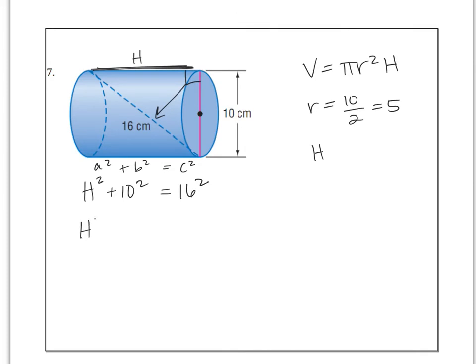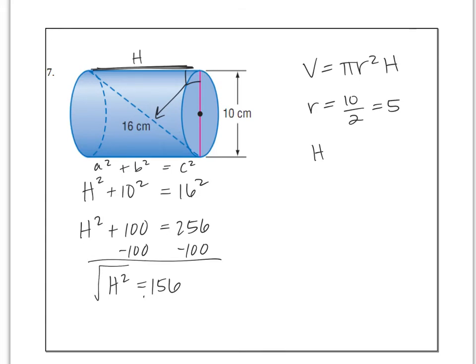So we have h squared plus 100 equals 256, minus 100 from each side, and you get h squared equals 156. But we don't want h squared, we want just plain old h, so square root. And h is